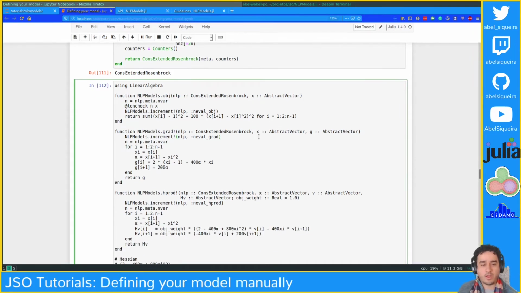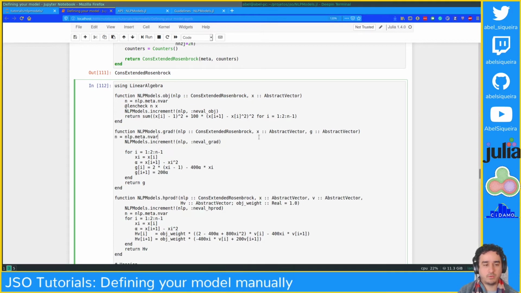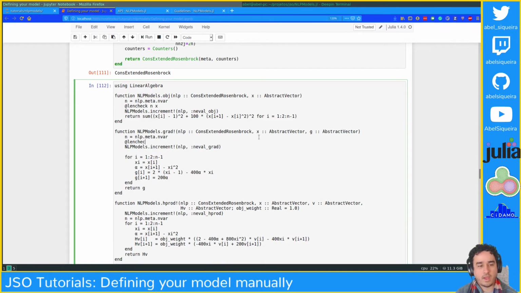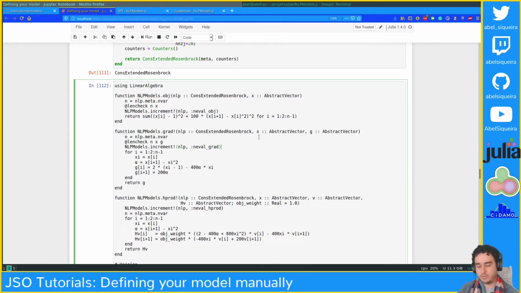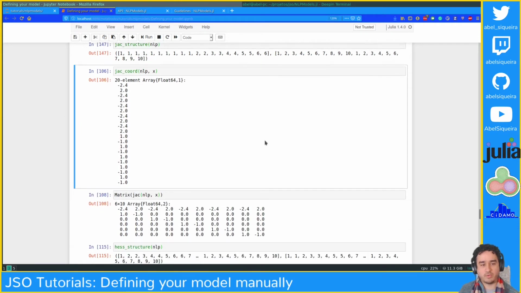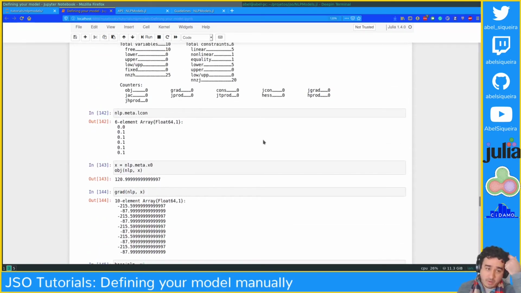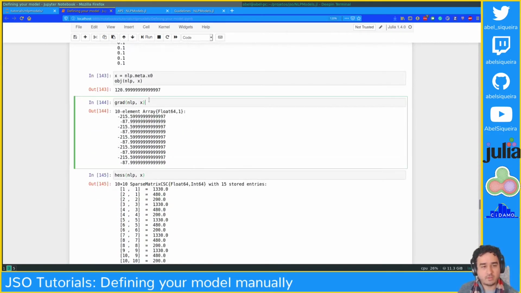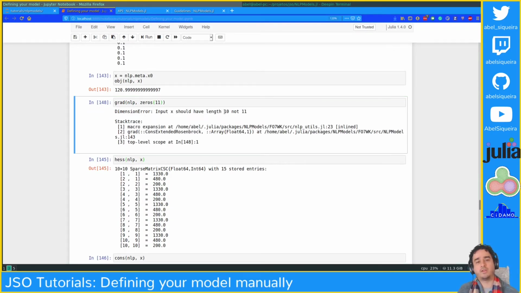This works when you have more than one value as well: @lencheck n, x, and g. Okay, so this, as you see, works the same way as before. But now if I pass a vector with a different size, for instance here zeros(11), it's going to error. Okay,